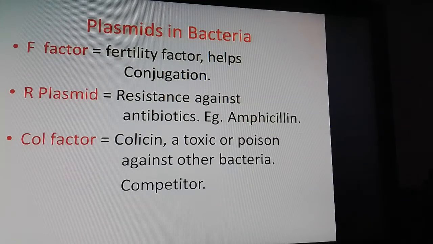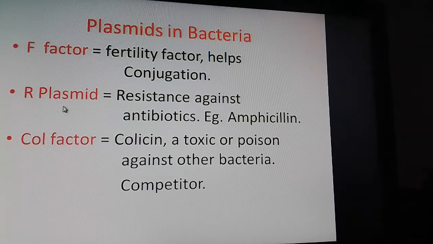So when the two bacteria are kept closer, there will be formed a conjugation tube between the conjugates, and it's the bridge for the transmission of material from F plus bacterium to F minus bacterium. F plus in the sense the bacterium carrying the F factor, F minus the bacterium not carrying F factor. Even it is said that some of the other types of plasmids may pass on through this conjugation tube or the bridge during the conjugation process.